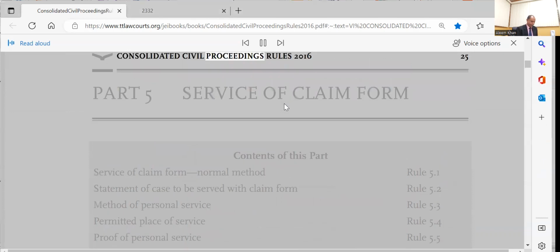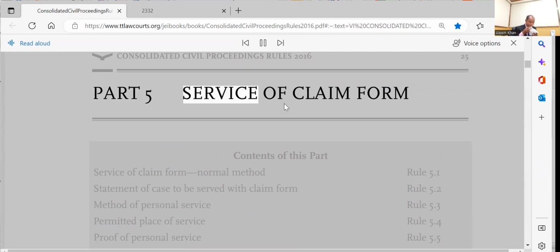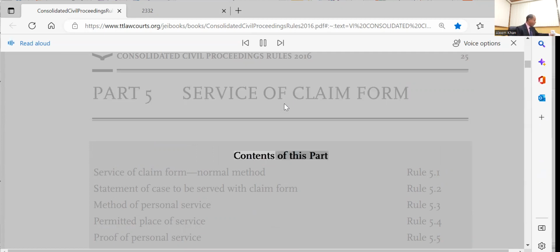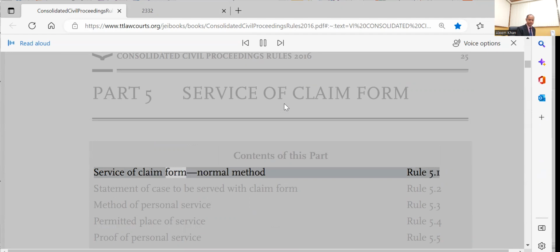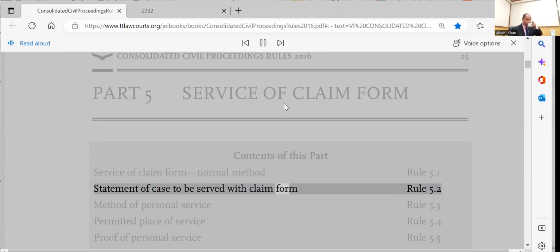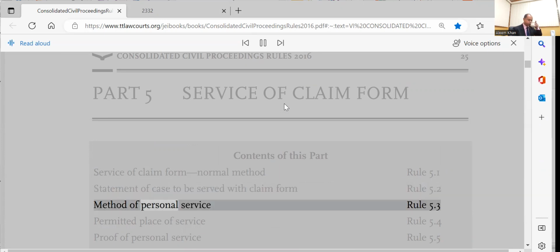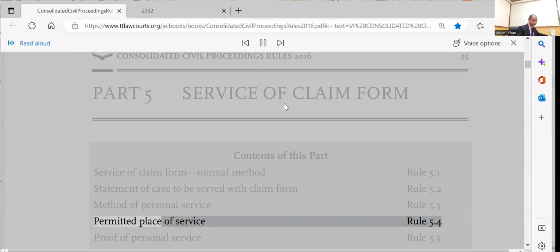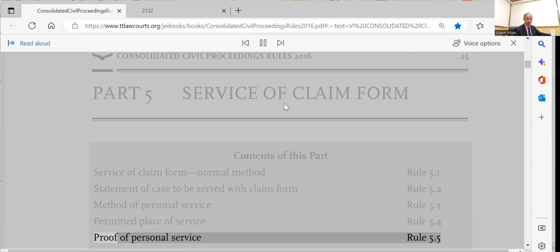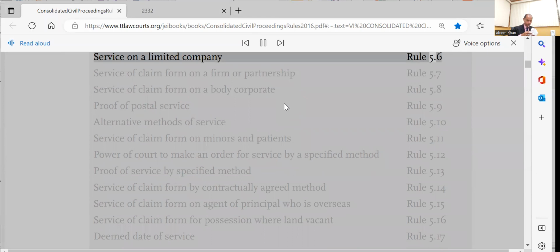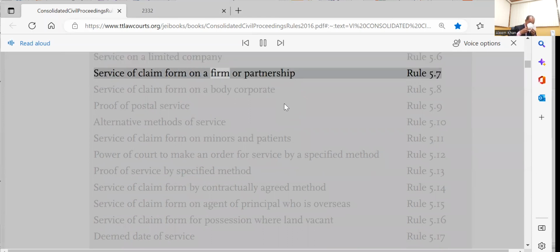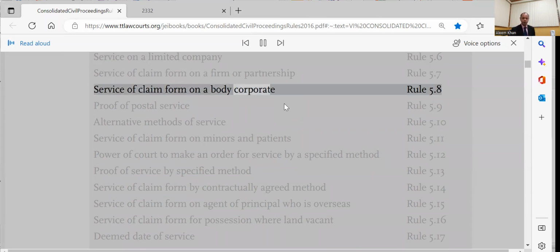Consolidated Civil Proceedings Rules 2016-25. Part 5 Service of Claim Form. Contents of this part: Service of Claim Form. Normal Method Rule 5.1, Statement of Case to be served with Claim Form Rule 5.2, Method of Personal Service Rule 5.3, Permitted Place of Service Rule 5.4, Proof of Personal Service Rule 5.5, Service on a Limited Company Rule 5.6, Service of Claim Form on a Firm or Partnership Rule 5.7, Service of Claim Form on a Body Corporate Rule